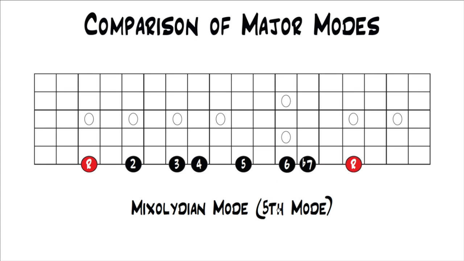So again, the best thing to do is take a major triad. You can start in the key of G or whatever jam track you can find or have or loop. And if you're in the key of G, just take a G major chord, play G Ionian over it until you really get the sound down, then play G Lydian over it until you really have the sound down, and then play G Mixolydian over it, and really listen to the difference between all the modes and the different colors